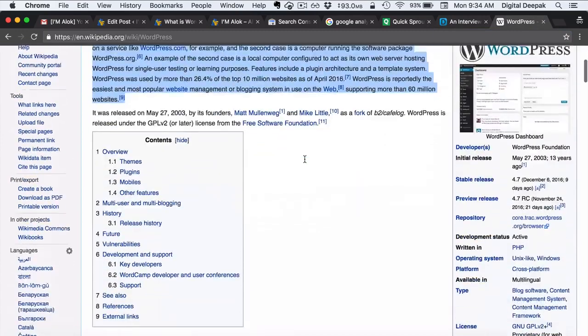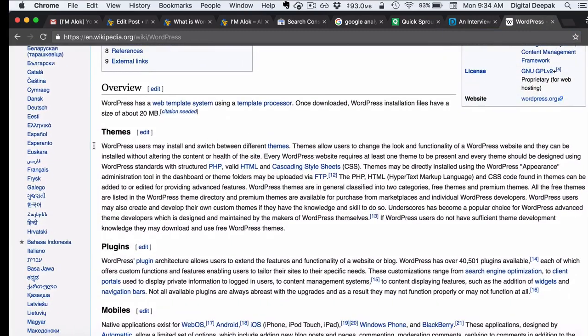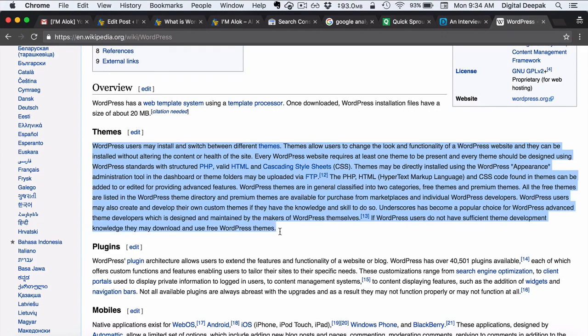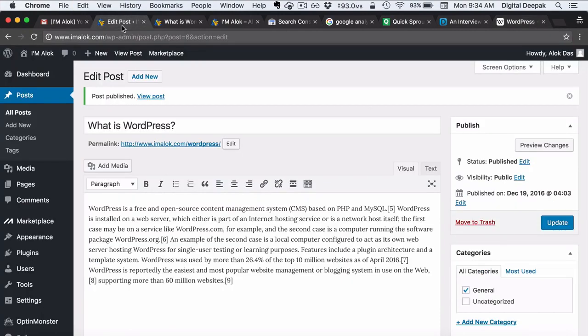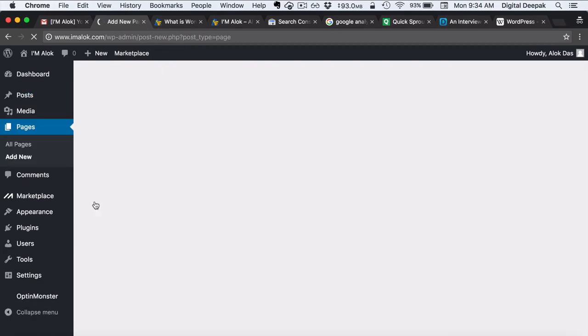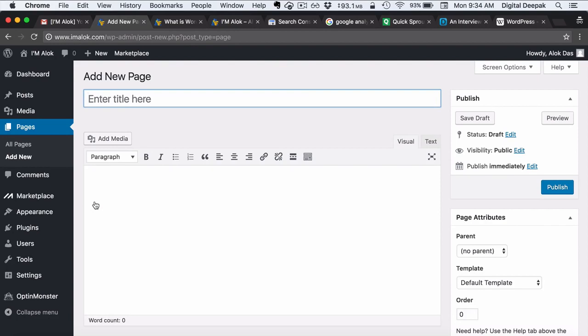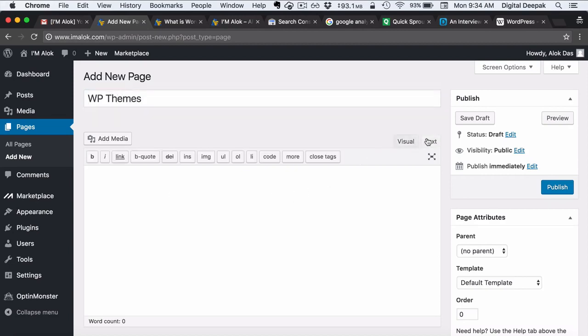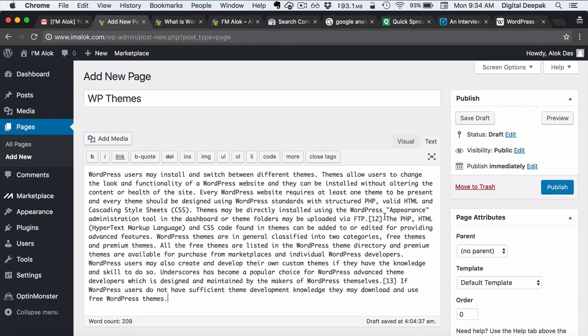Let's go ahead and publish a new page. So as I had explained before, posts are attached with a date and it appears on the chronological order on the home page of the blog. Pages are something which is not attached with a date, and they are just static pages inside your WordPress blog. So let me just create a sample page here, just some content about WordPress themes, and then you click on publish.